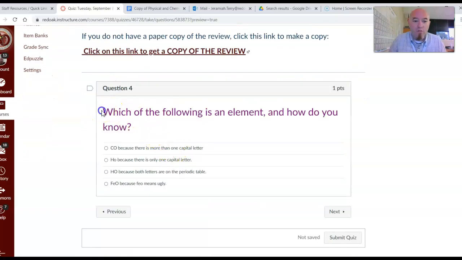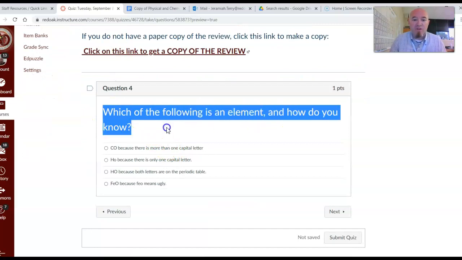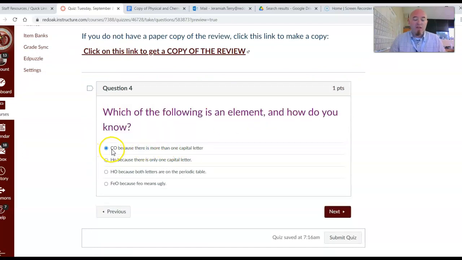Question 4, which of the following is an element and how do you know? Is it capital C capital O because there's more than one capital letter? Is it capital H lowercase o because there's only one capital letter? Is it capital H capital O because both letters are on the periodic table? Is it FeO because